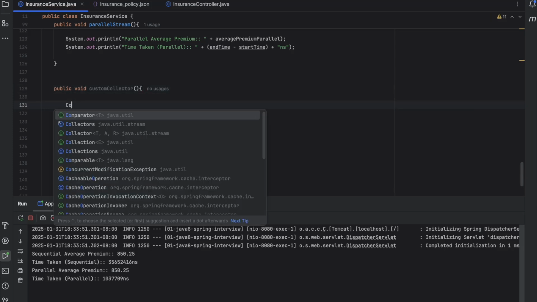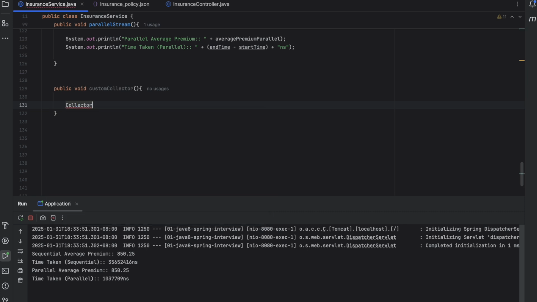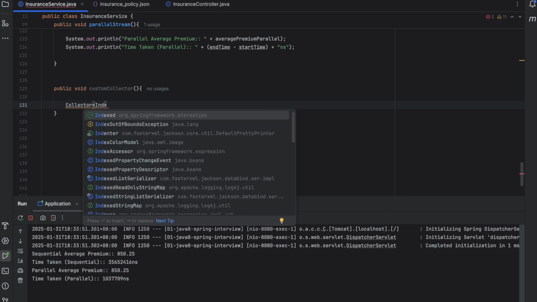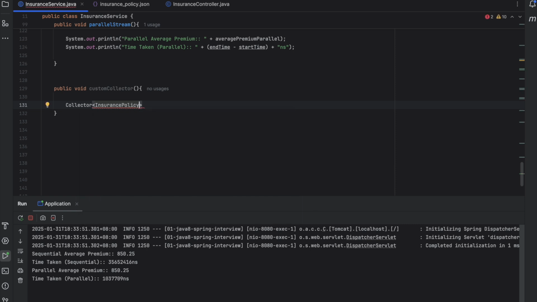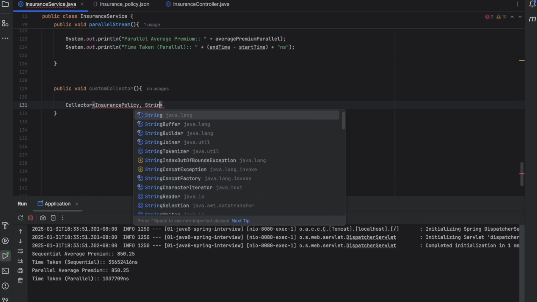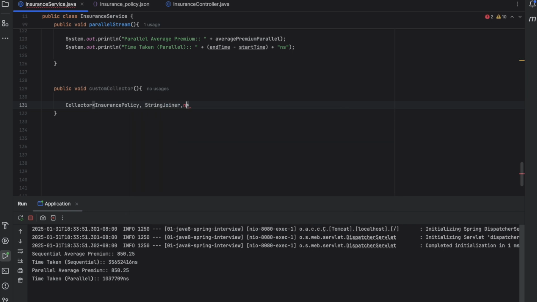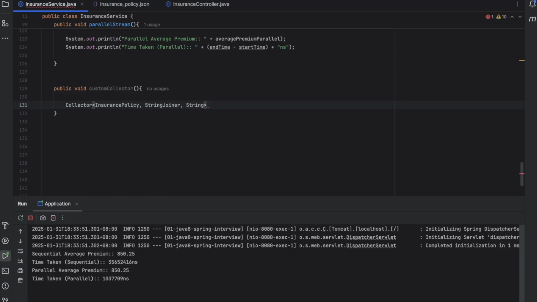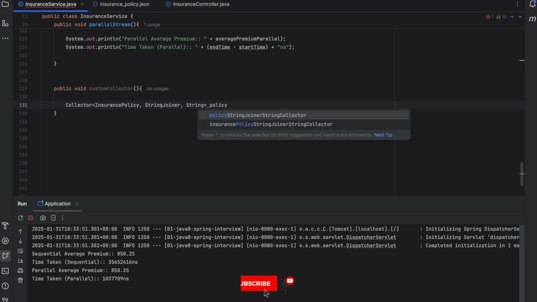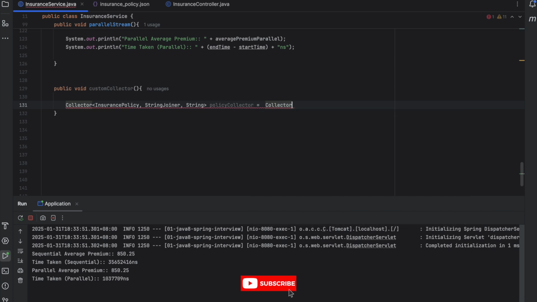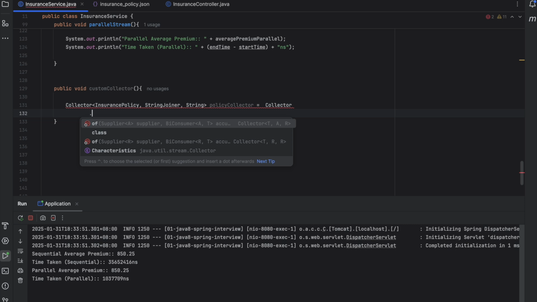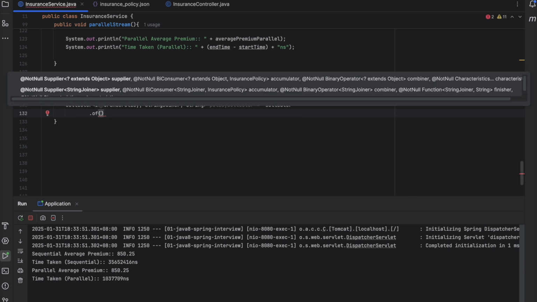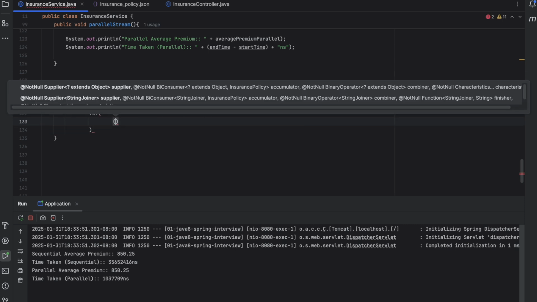We'll create our method. And then we are going to have our collector of type InsurancePolicy, String, StringJoiner. This is a newer class which you can go and read about, but in short it just helps us to concatenate strings. Then the policy collector, and then we are going to use Collector.of, and then we are going to define a